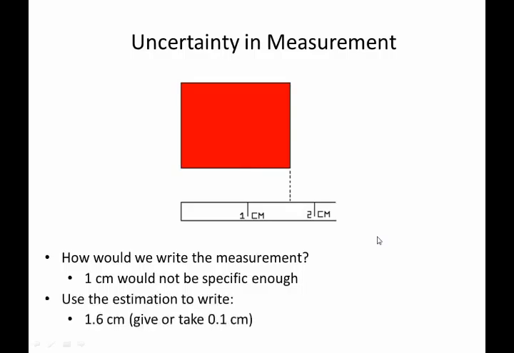You might have said 1.7. You might have said 1.5. The whole point is I might be off from what you are by a tenth of a centimeter. The last digit that I've put down, I'm kind of guessing on a little bit. This is going to be the case with most measurements. Now, how would I increase my accuracy, my precision on this? How would I get a more exact measurement? The answer is